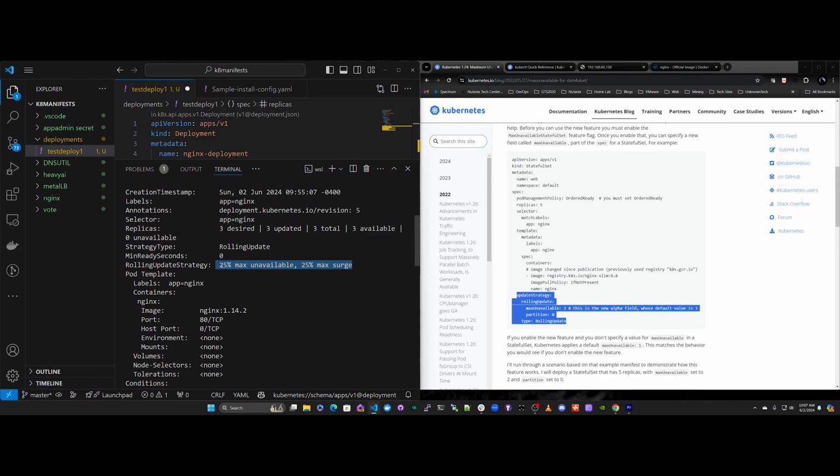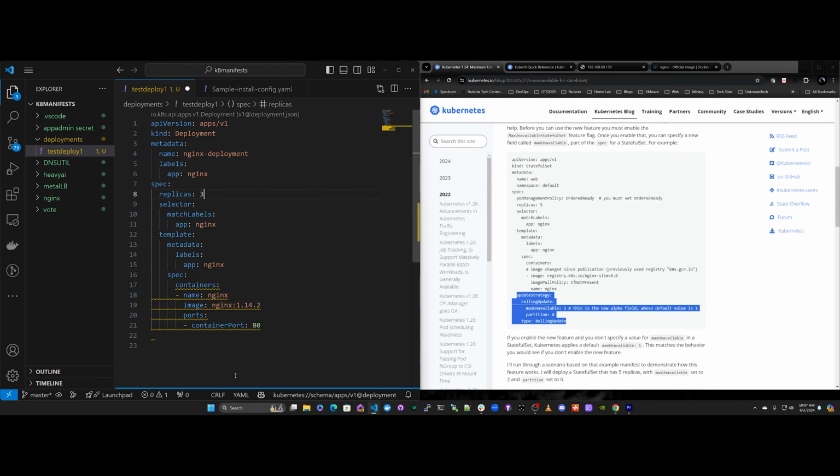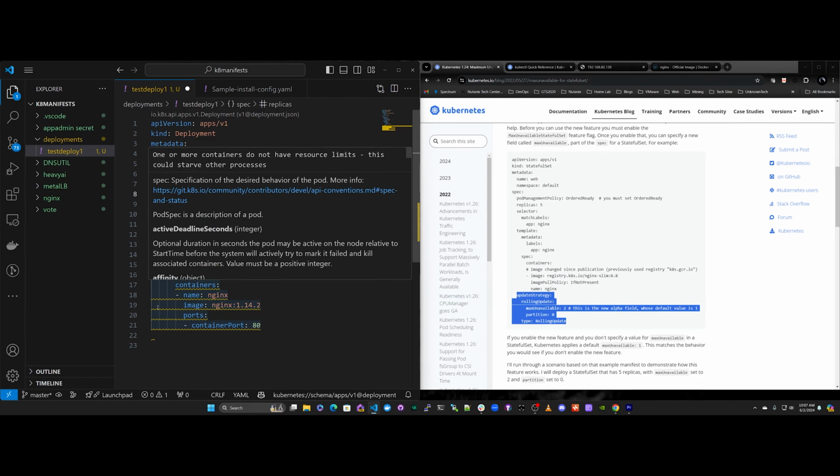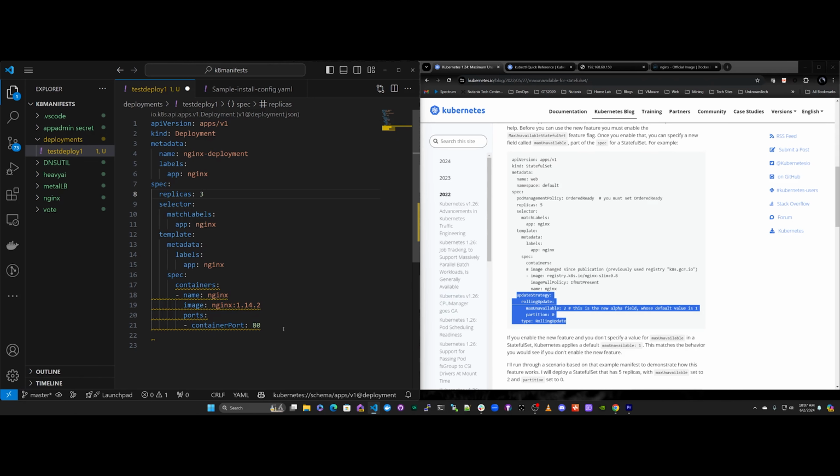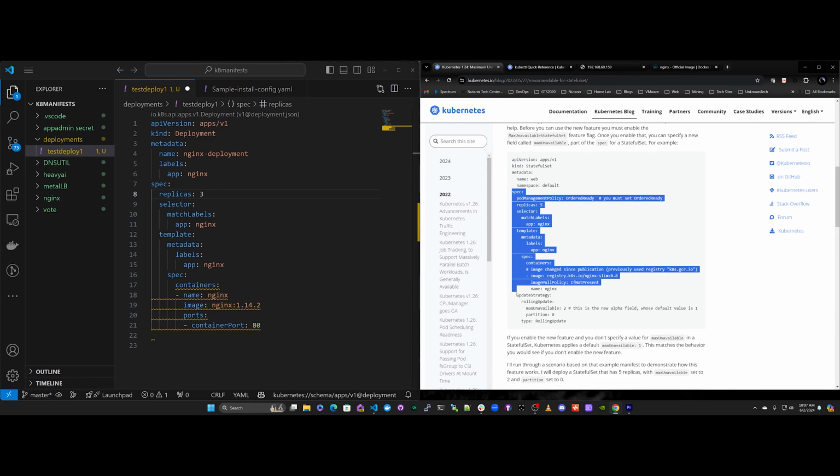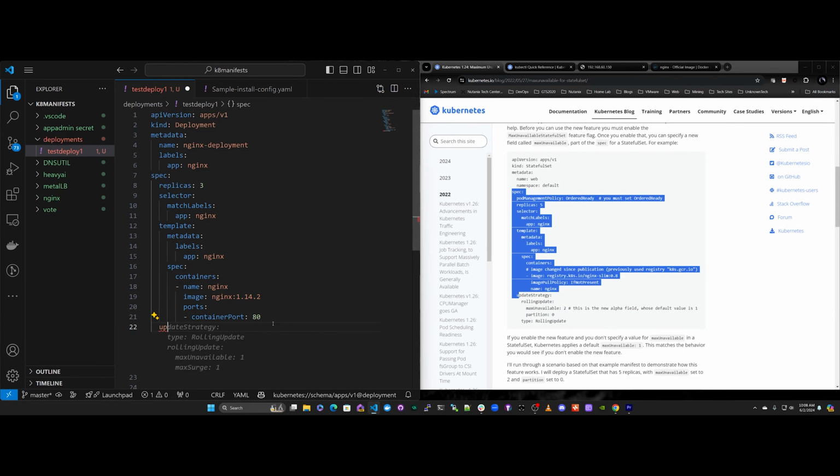These are the defaults, remember, because I didn't specify this in my deployment specification up here. You don't see that listed here. So the 25% is default, but you can actually change this under your template. So under template, I believe it lines up with template or spec. Does it line up with spec? No, it lines up with template. So under your template, right, you could come down here and you can say update, and you can see here,